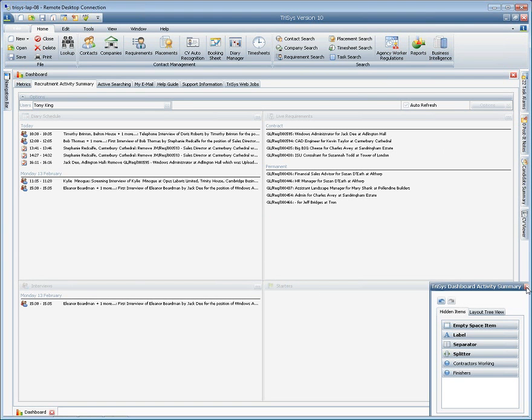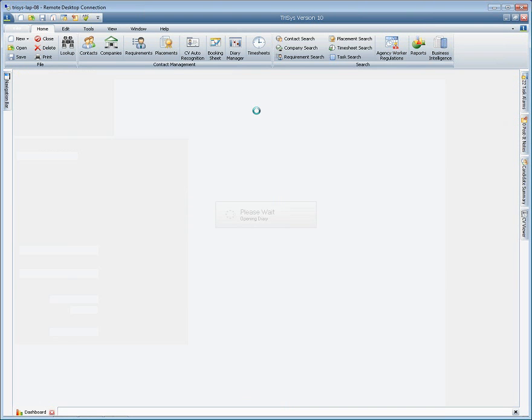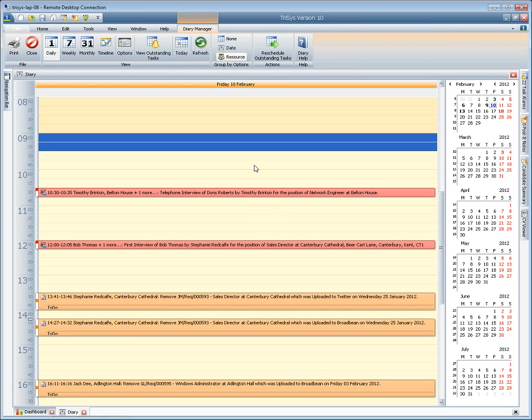If we then close this section, what you'll notice in real time, your recruitment activity summary has readjusted itself so you can move it to any content you need. What you can also do is, if you can see these activities, you can click on the 3 dots, and that will give you the jump to the diary schedule for you. As you can see, we're showing the 10th of February, which is today, and all your activities already inside the system. Nipping back to the dashboard again,